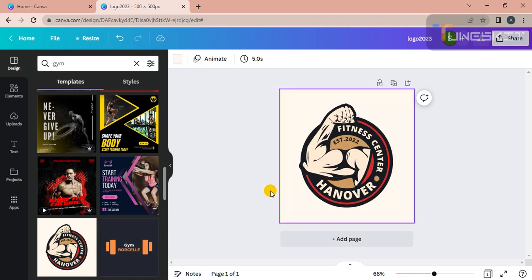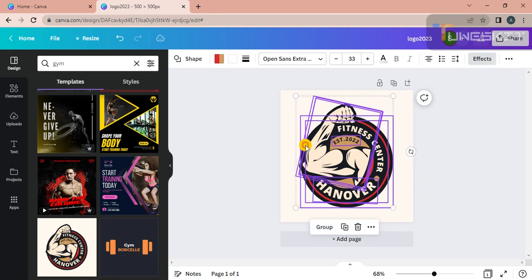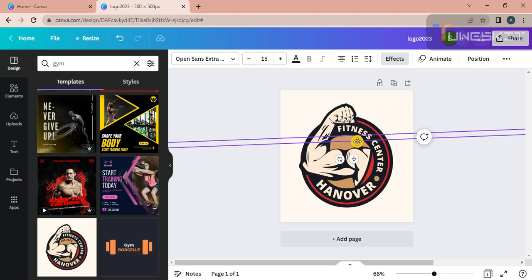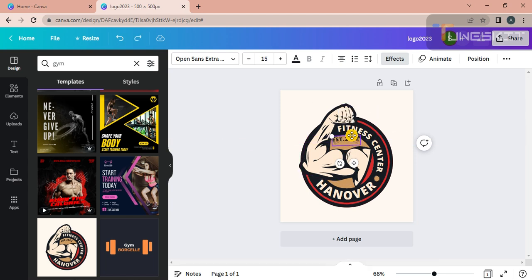Now we have gym logo templates, so we're going to scroll down a little bit and click on this one. This is an already made gym fitness logo. We're going to change some of the design, like the year, and the fitness center handle. We can change this code into